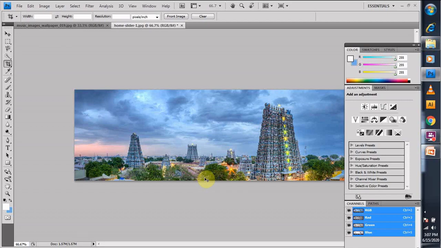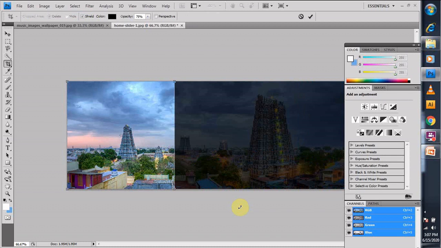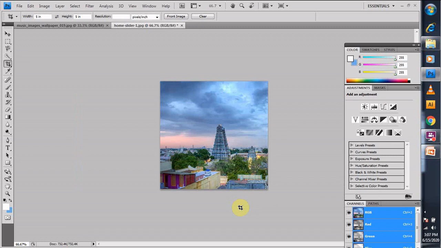So let's see. I am doing undo, Control Alt Z for multiple. So here you can see width, you can see height, you can see resolution. As soon as you adjust the width, like I have adjusted the width to 5 inch by 5 inch, as soon as I set the width and height, when I crop the image, it will crop the image into that particular width and height. See, it has not taken up the whole area as it did earlier. It has taken up the confined area, that is the height and the width we have selected. So we'll press enter and the height and the width has been applied.